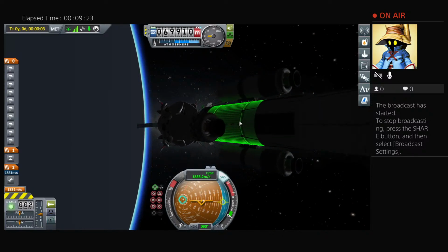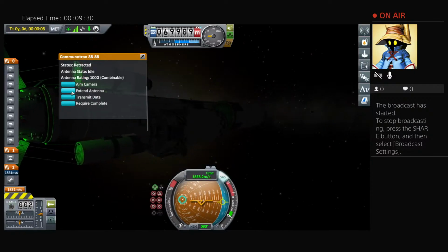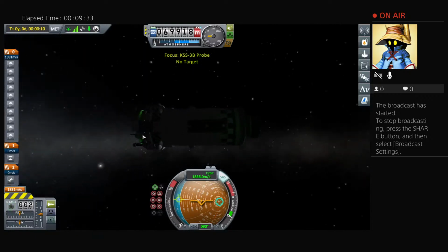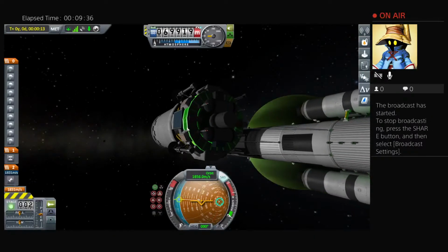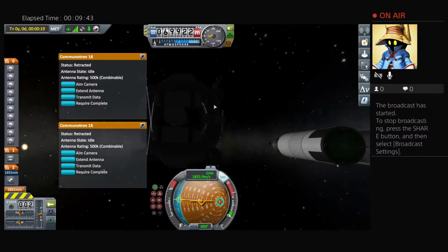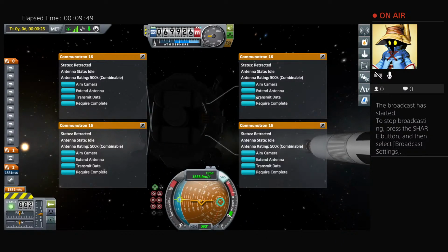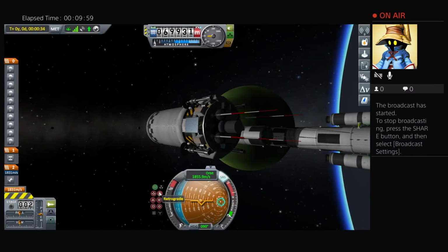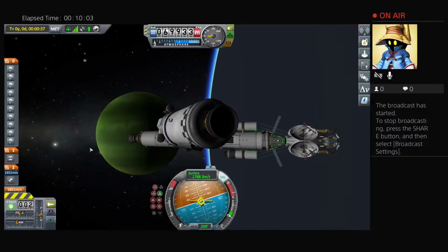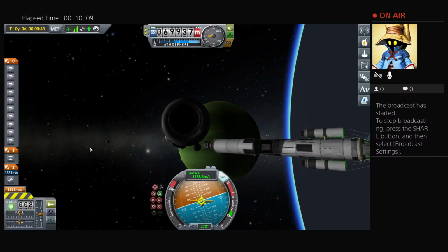Okay, now, let's go ahead and we'll just extend the large one on this one since it's a little harder to see. And we'll swap over to the other one and extend the 4 small ones on this one. I'm going to hold the R1 or right shoulder button on the Xbox and just hit square, or I believe it's X on the Xbox, to open all these and try to get this done a little more quickly to save time. Let's just extend all those together. And then close that. Point ourselves retrograde relative to the surface. Hopefully we won't smash into our vessel. Looks like we should be clear right about now. So let's stage and activate that